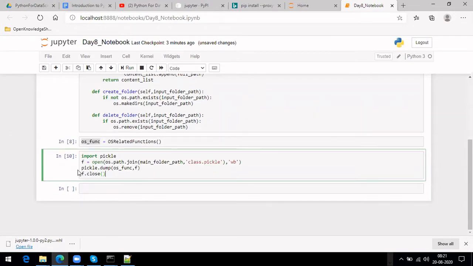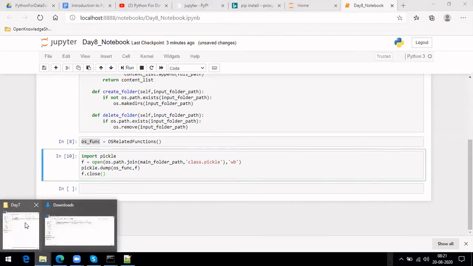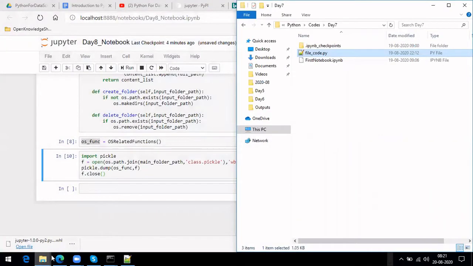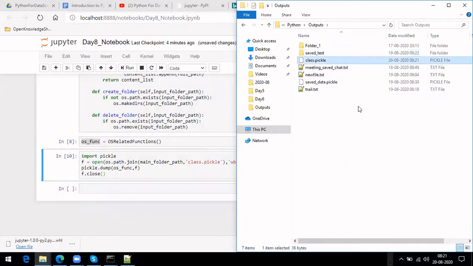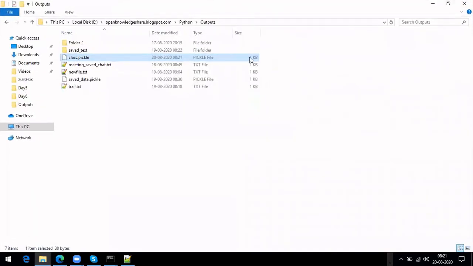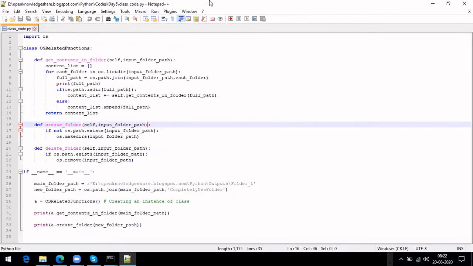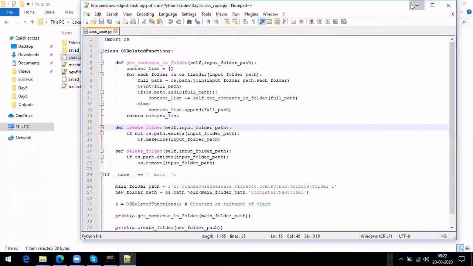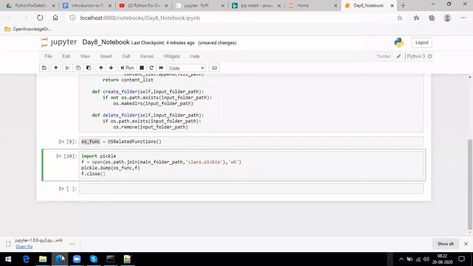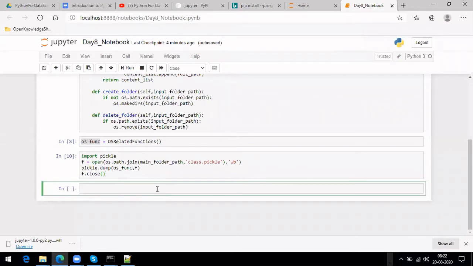It has run successfully, and if you can see here, it has created a file called class.pickle. Right? Let me try to open it with Notepad to see if we can see something. You can't see much, right? There is nothing much relevant. It doesn't look clear, with unrecognizable characters and a few recognizable ones, but it doesn't make sense to interpret anything from that. Okay, I have run it and it has worked.